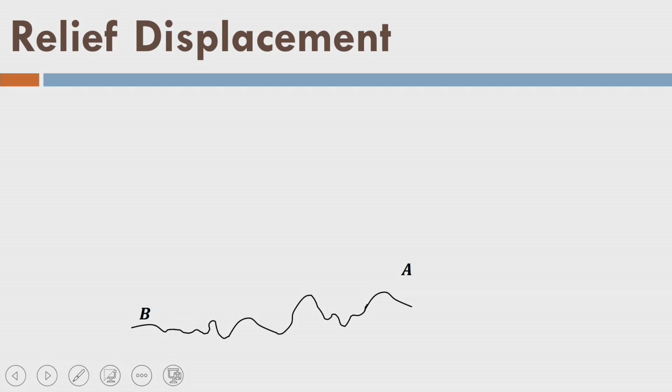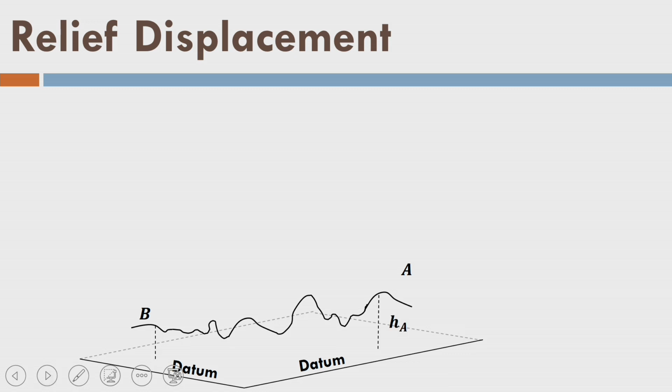So, let us talk about some kinds of displacement that are evident on vertical photographs. So, first is relief displacement. Let us see there is a datum like this, the datum surface is this way, fine, and from the datum surface if I measure the heights H_A and H_B for 2 points A and B on the terrain, I will have these points H_A and H_B. So, they are the elevations from the datum. Now, let us see, B0 is this point here, and similarly I have A0 which is this point.